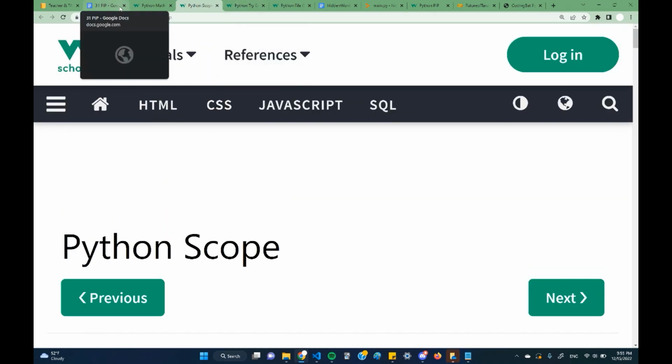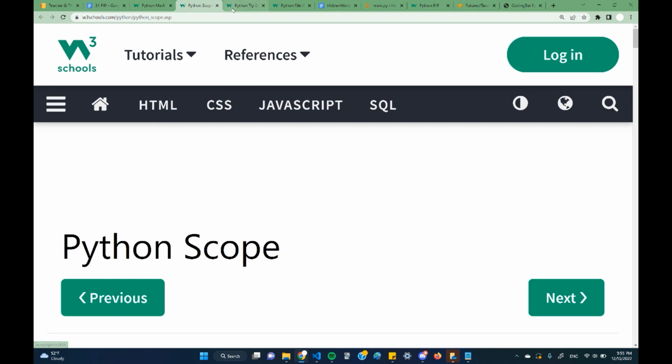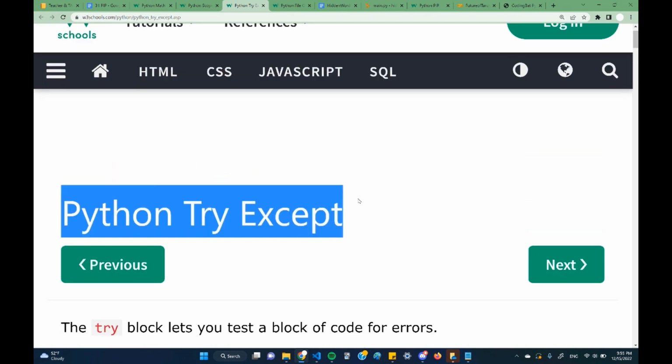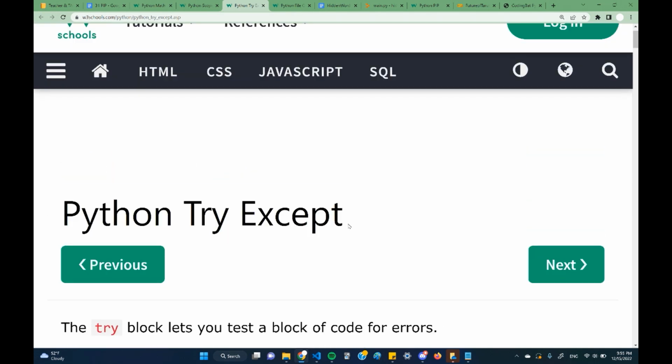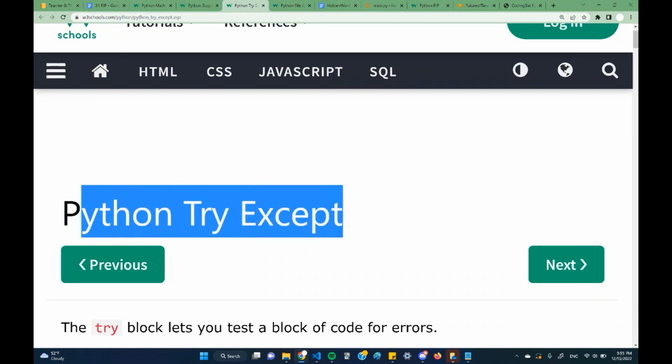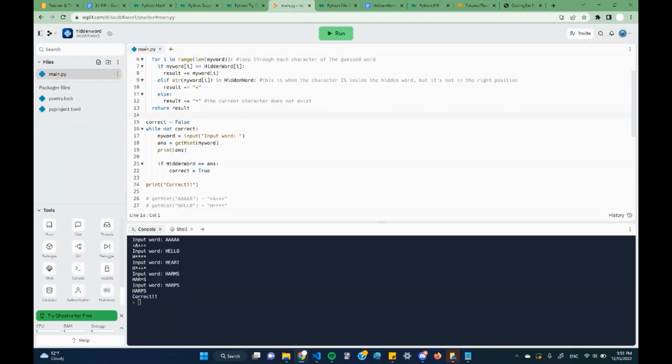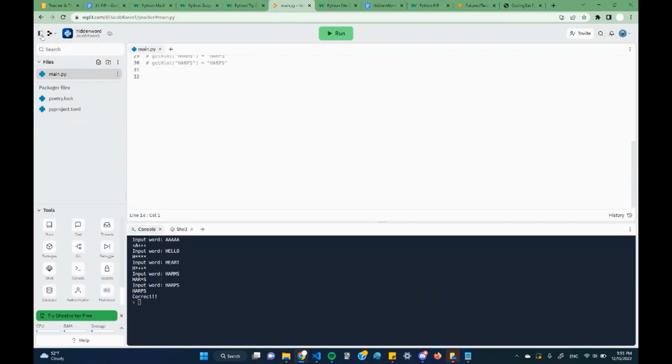Okay. So we learned math and scope. Let's move on to the next topic, and that's the Python try and except. So just a quick recap on what try except does. Let's say you have a bunch of errors in your code. If I give an example, let me make a new